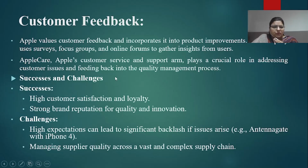Another thing on which Apple places emphasis is success and challenges. Success is a process on which a particular company works. They want to achieve high customer satisfaction and loyalty. Next is a strong brand reputation for quality and innovation, because it's a very loyal brand and customers have belief in it. So it's the responsibility and liability of a company to satisfy its customer demand,